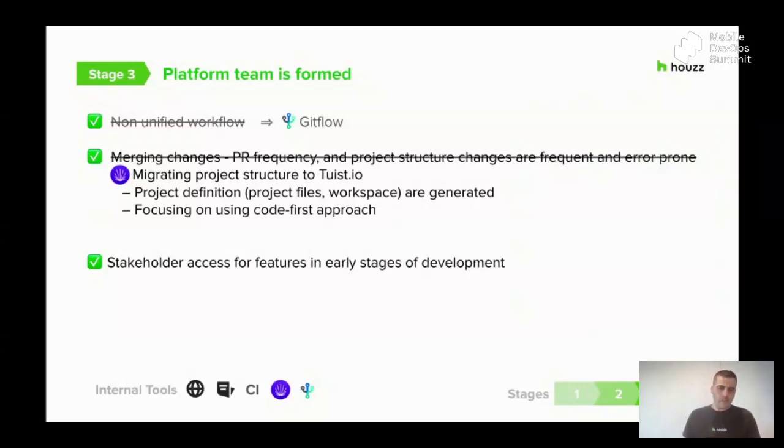Therefore we needed a good way not only to maintain the project configuration, but to have it in a way that is easy to review in code reviews, with version control of the immutable state of the project. And that led us to a code first approach using Tuist.